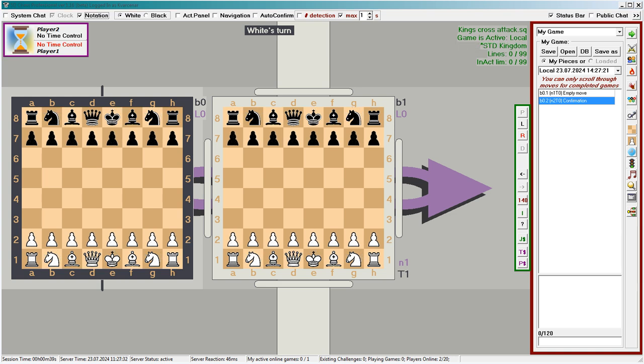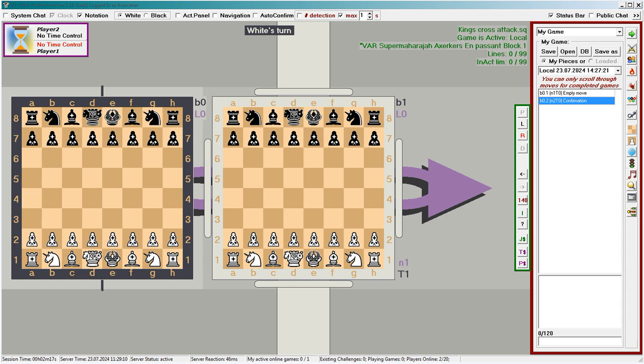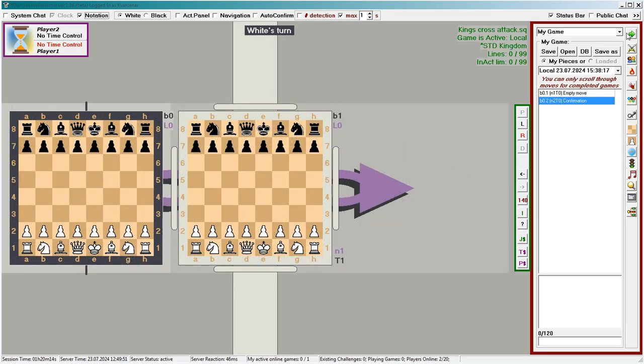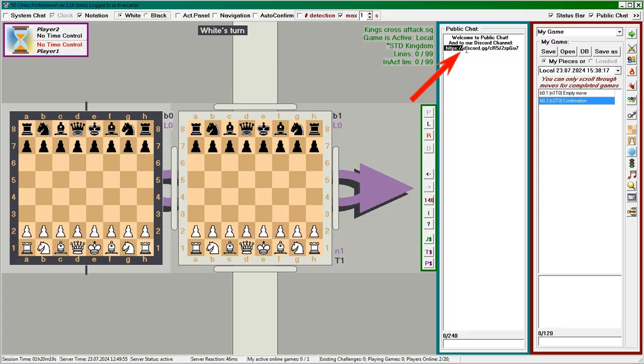So step 1, which every user has to do, is to download the application or to update it and to register in the system. Most likely your way into the universe of 5D Chess Pro began with an invitation link to its Discord server. But if you got the application in your hands right away, you can find this link in the application at the beginning of the public chat here.